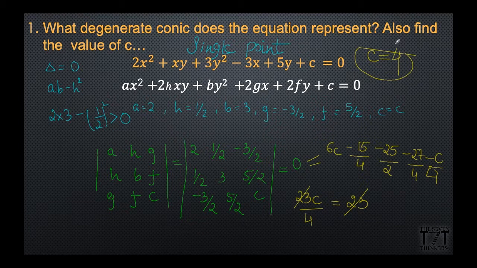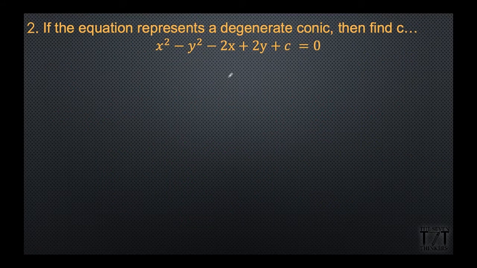Let's move on to the next question. The next question says, if the equation represents a degenerate conic, then find c. Again, it is said that it is a degenerate conic and hence delta will be equal to 0, and with the help of delta being equal to 0, we'll find the value of c as we have done in the previous question. So a h g, h b f,